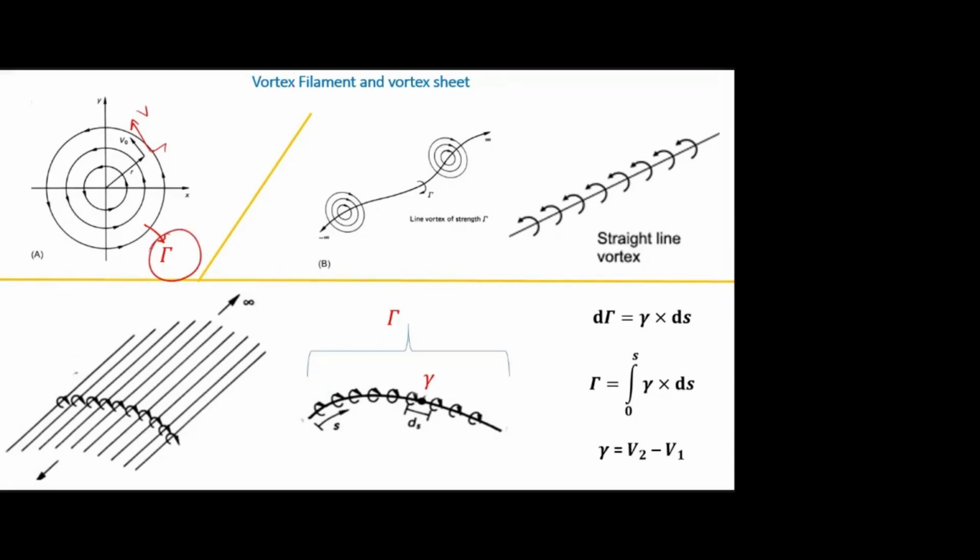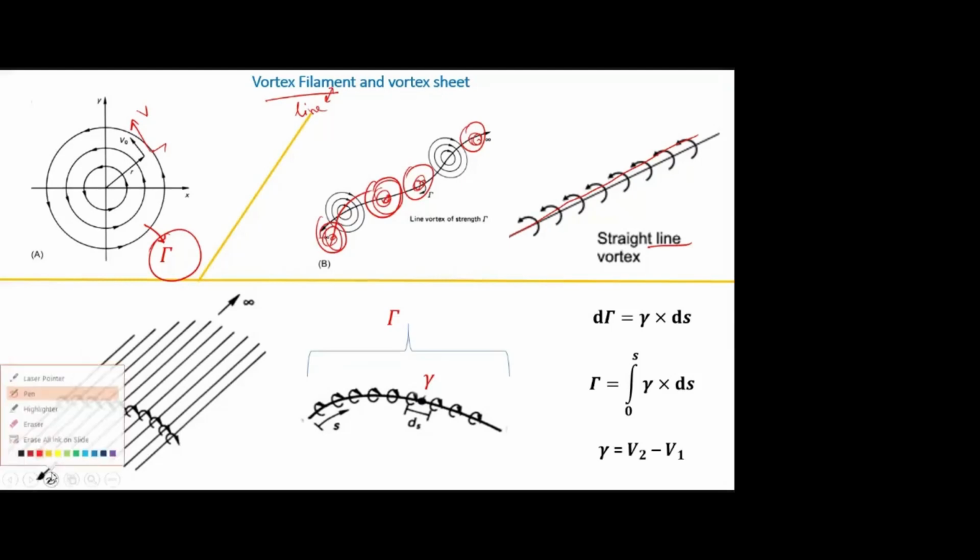The next one is vortex filament or vortex line. Both are the same, filament or line. If you place n number of vortices on the same axis or the same line, or in the same streamline, that is called a vortex line or vortex filament. Is that clear? Yes, sir. And the assumption is,